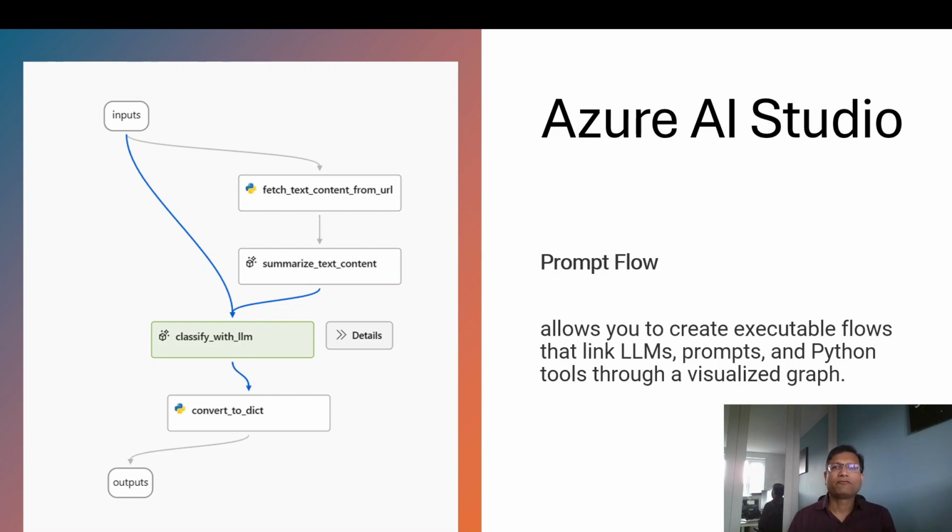So what is prompt flow? It allows you to create an executable workflow that can link to the LLM. It can talk to different prompts. You can embed different Python scripts or Python programming in it and make different combinations. As you see in this